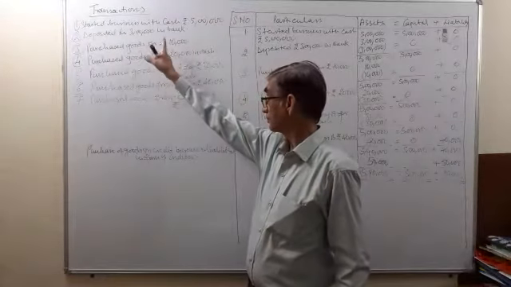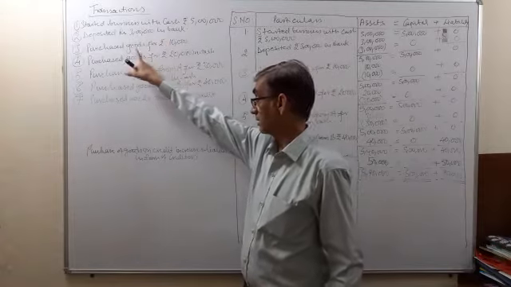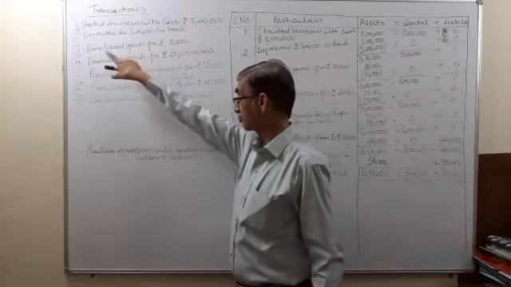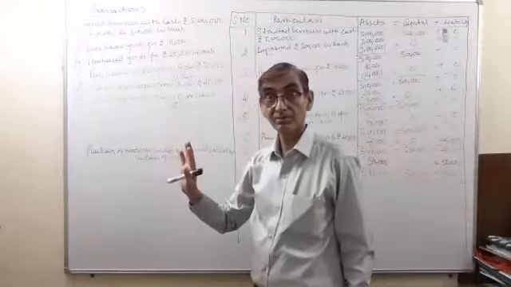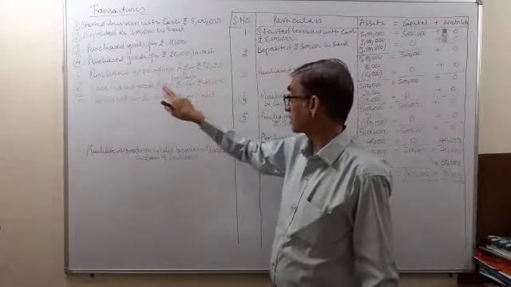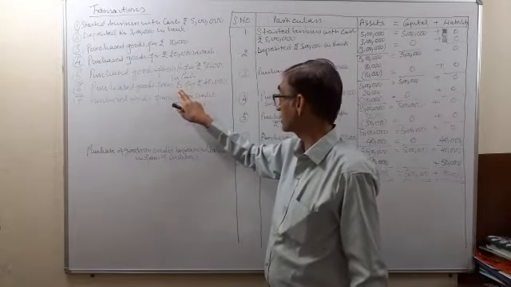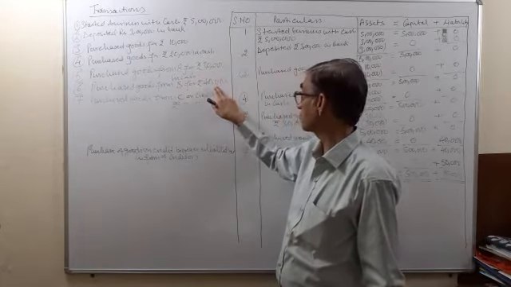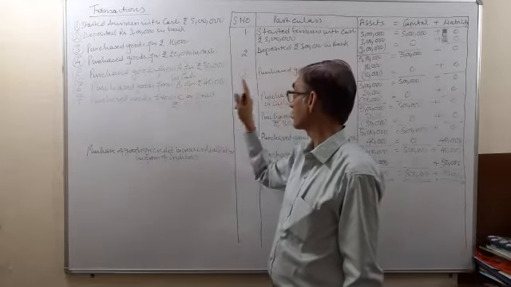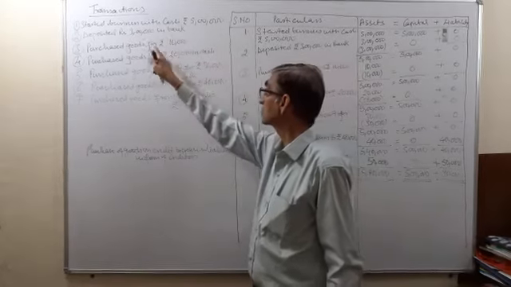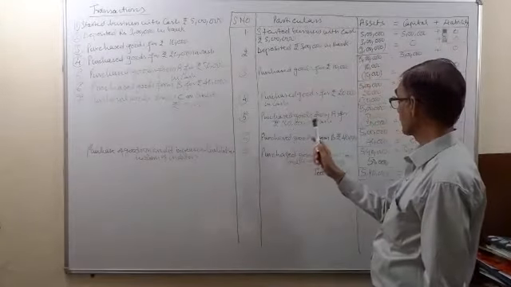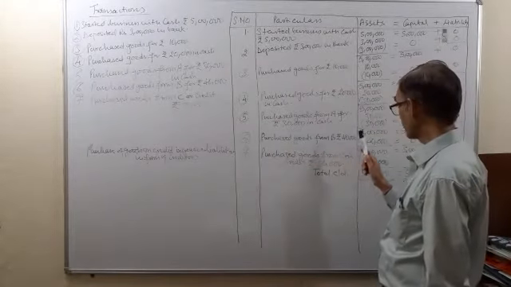In the earlier case it was a cash transaction, where cash or credit was not mentioned, but the name of the person from whom the goods were purchased was also not mentioned. In this case, the purchase is mentioned, the name of the person is mentioned, amount is mentioned, but cash or credit is not mentioned. So where the name is mentioned, it becomes a credit transaction, and where the name is not mentioned, it becomes a cash transaction. So you have purchased goods from B for rupees 40,000.